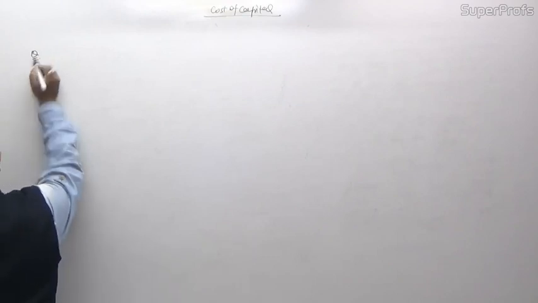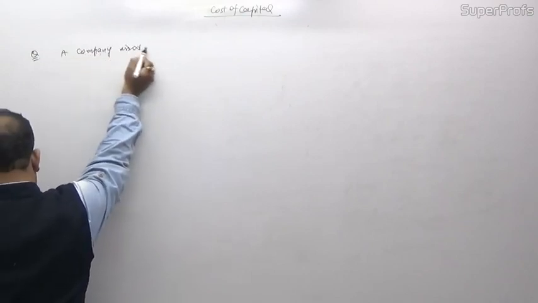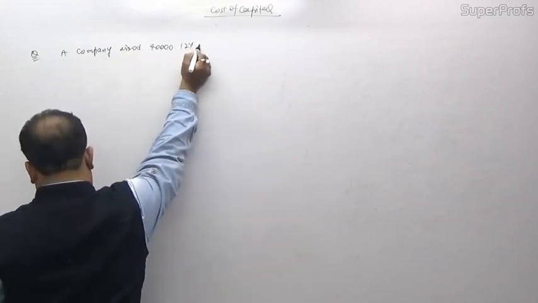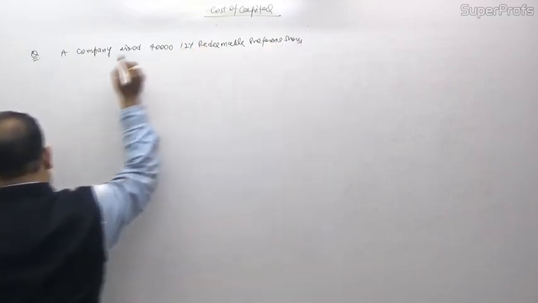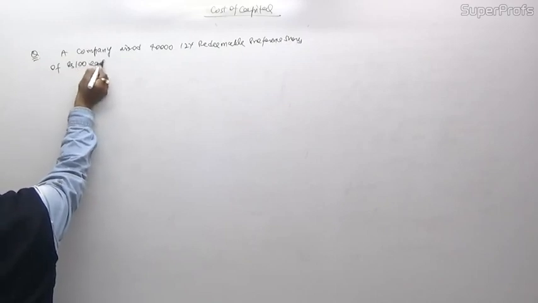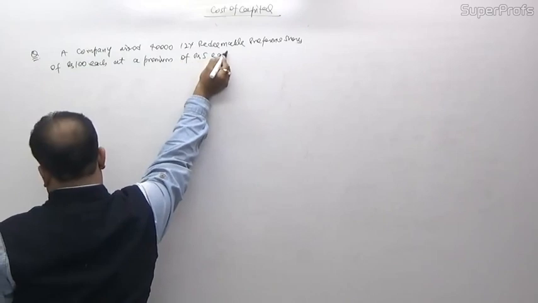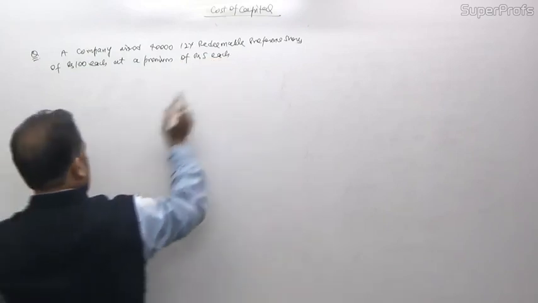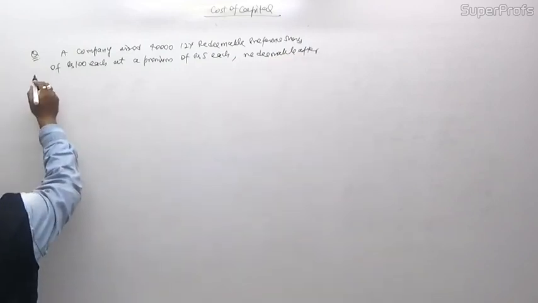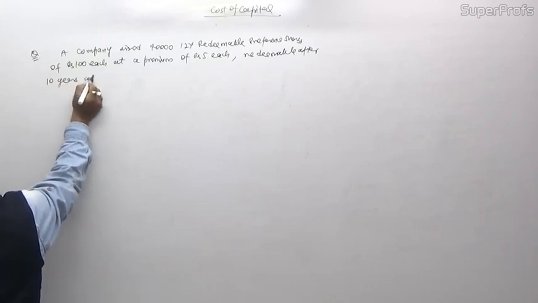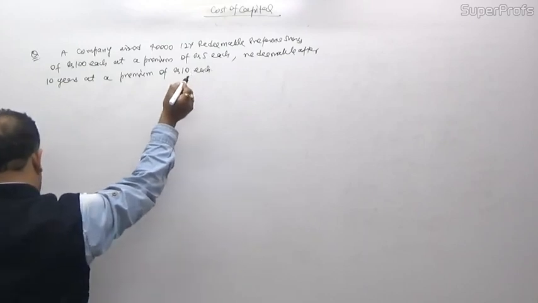The next question: a company issued 40,000 12% redeemable preference shares of rupees 100 each at a premium of rupees 5 each, redeemable after 10 years at a premium of rupees 10 each. The flotation cost